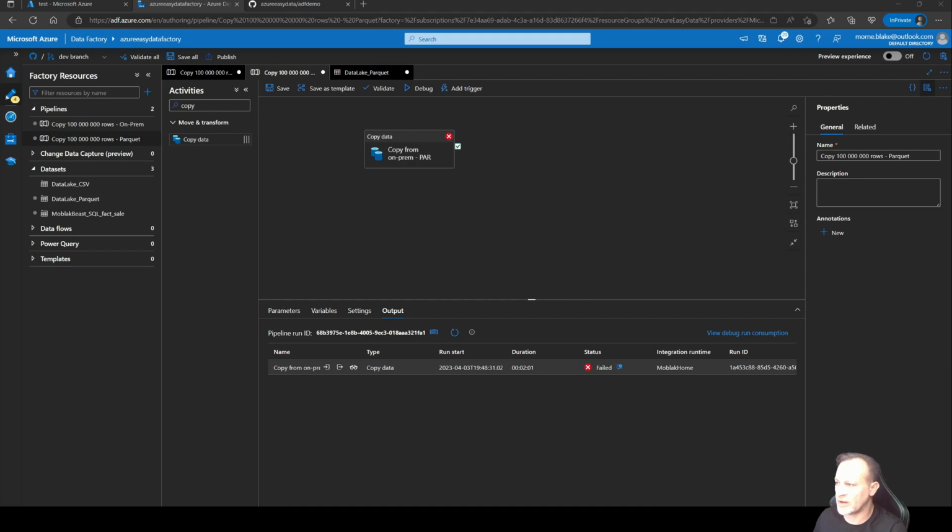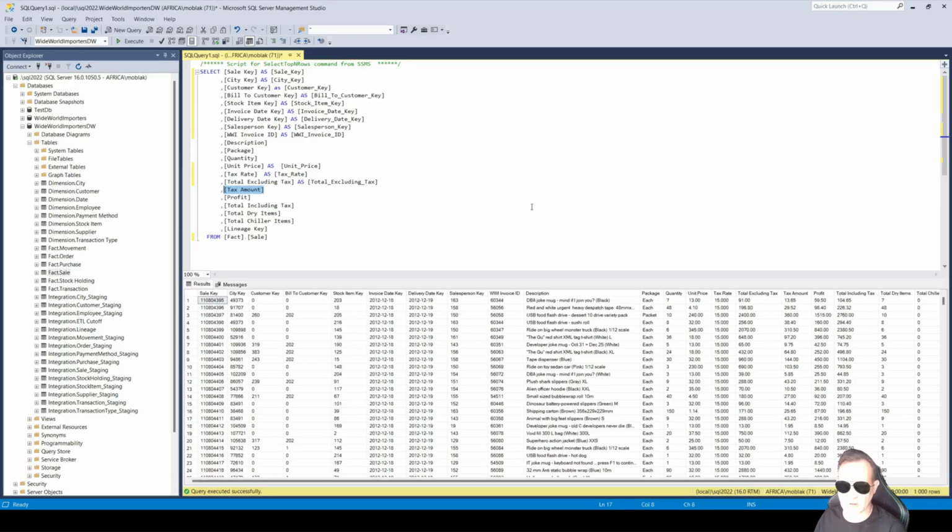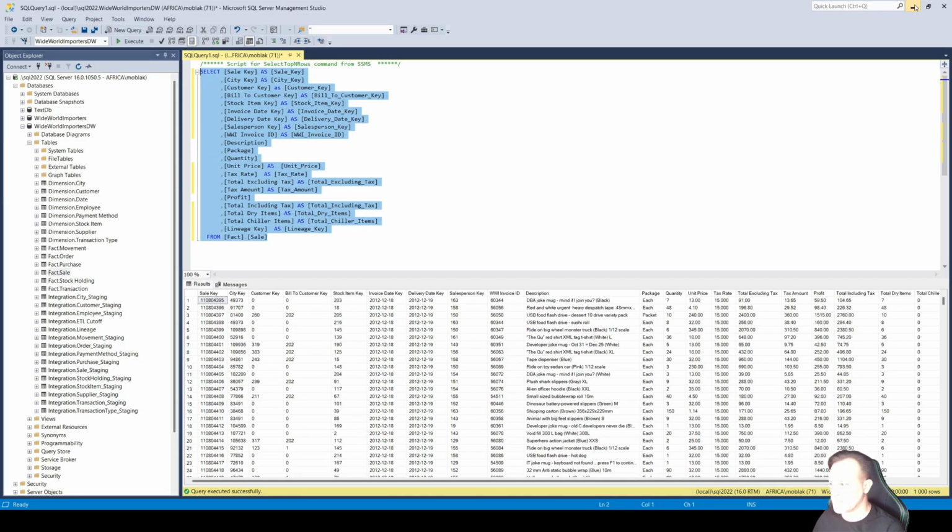So I'm just quickly grabbing the table definition itself. This is what I have done. So there, I'm just removing the spaces and replacing them with underscores. I'm leaving the ones alone that don't have any spaces in them. That'll be fine. So we'll go total, including tax, and these last couple ones. And there we go. So this is now set up. We've got no spaces in here. So what we're simply going to do is we're going to copy this,